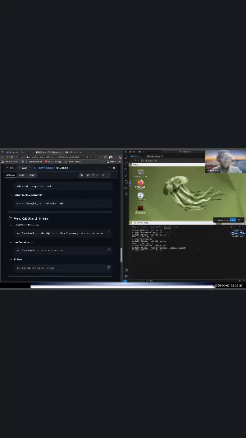So we'll look at the topics available. We'll look at the nodes available as well. The next thing we need to do is the RViz. We can look at the transforms, just like David mentioned.